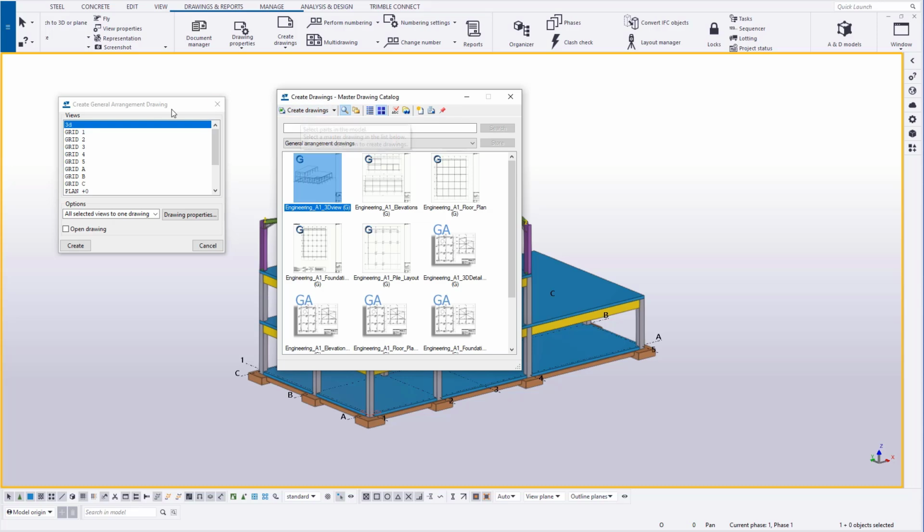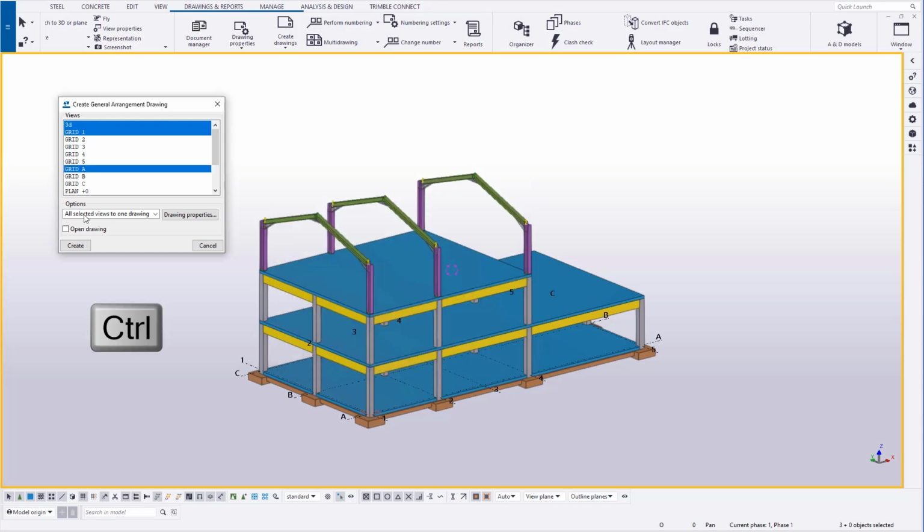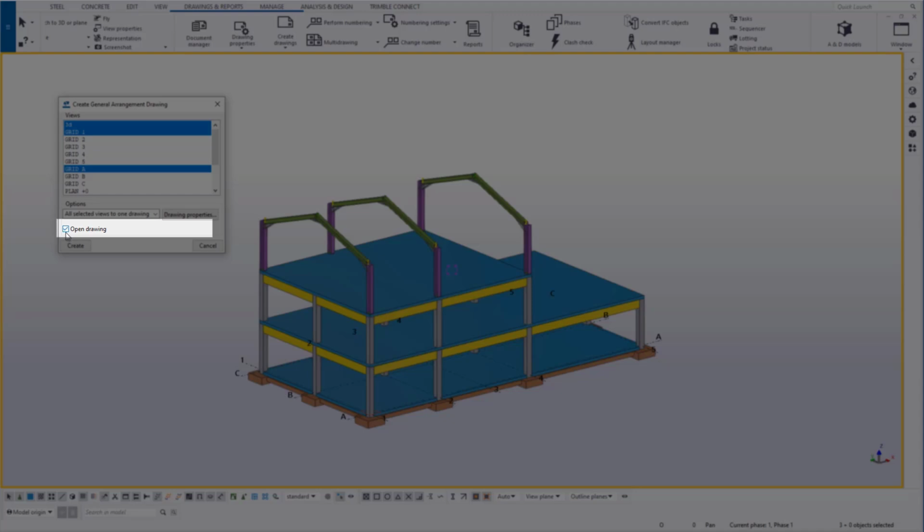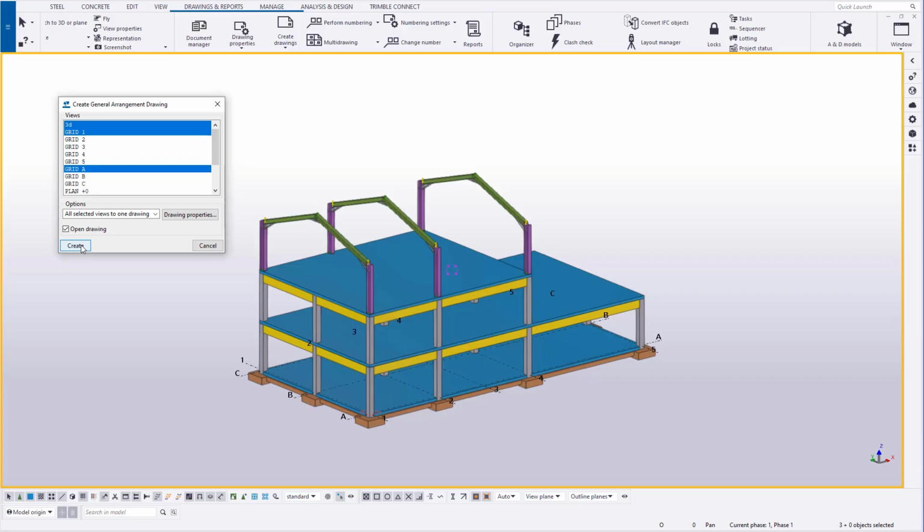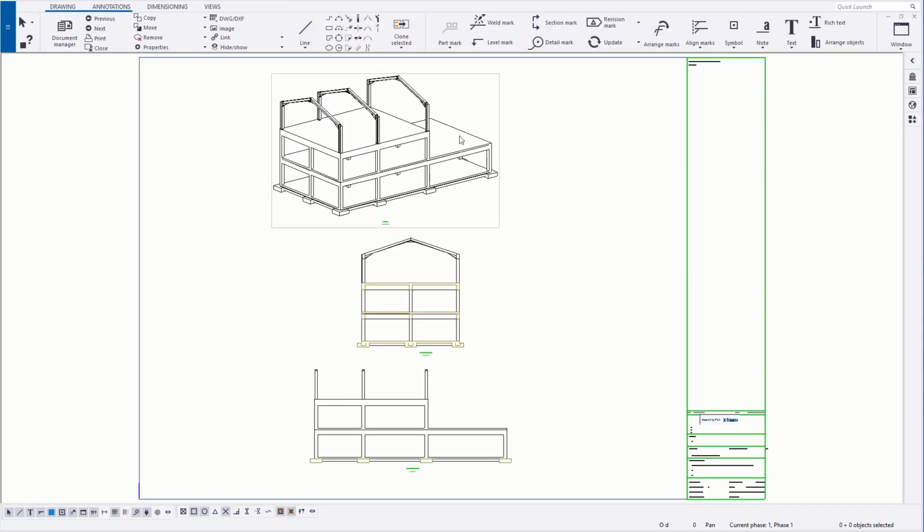Next, on the Create General Arrangement Drawing dialog, pick the 3 views. Check the box for Open Drawing and click Create. In Drawing mode from the Document Manager, you can reposition views in the drawing by dragging the